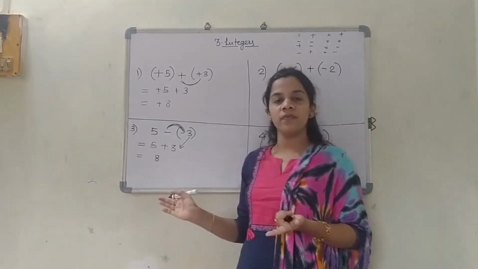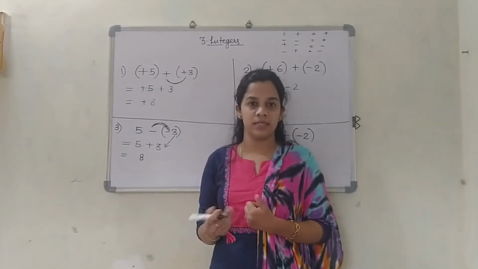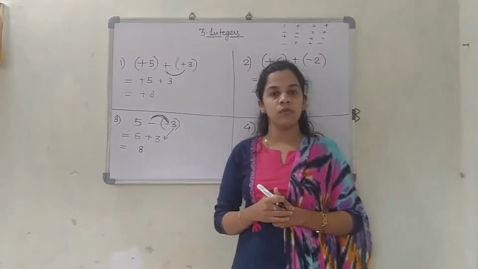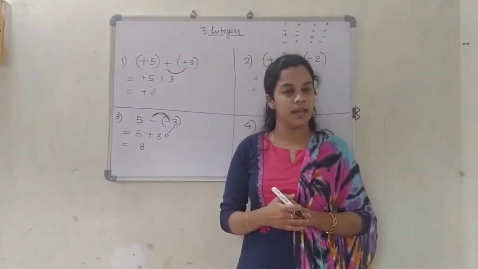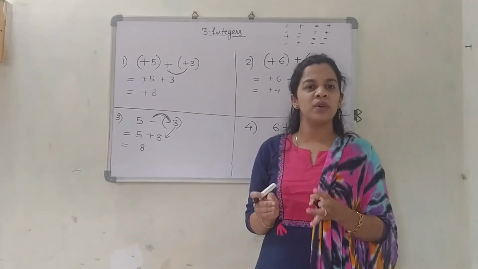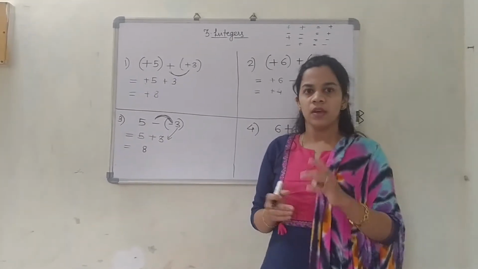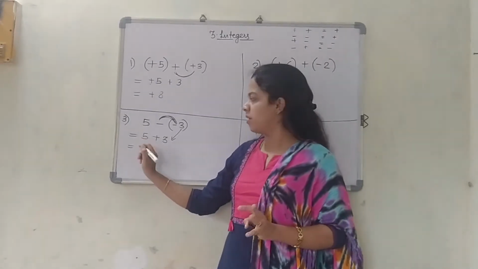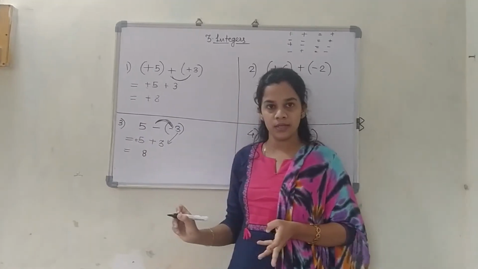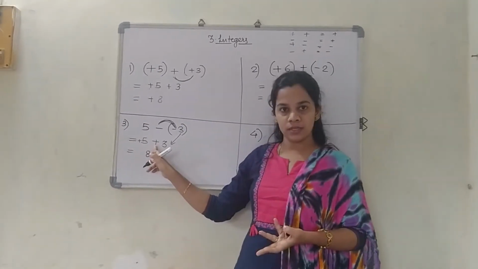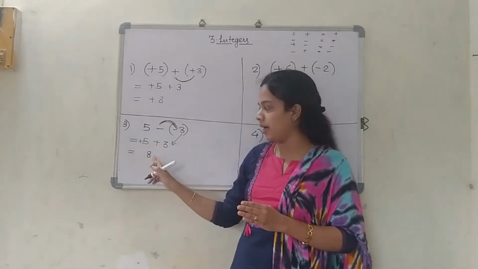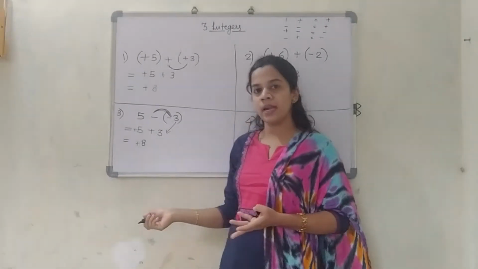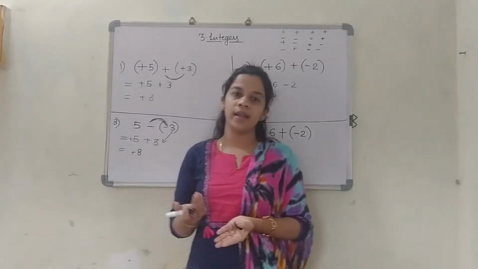Okay. Now you will be thinking, teacher, why have you not written over here plus 5 or plus 8? One video before this I have told you, a positive number does not need a sign. Yes or no? You are not supposed to write plus sign in front of it. If you think this 5 which is present, which is a positive number, will be having plus sign, sure it is. So plus plus is plus. That was 5 plus 3. I got 8, and the bigger number is having plus sign, so the answer will be plus 8. You can write it 8 also, and you can write it plus 8 also.